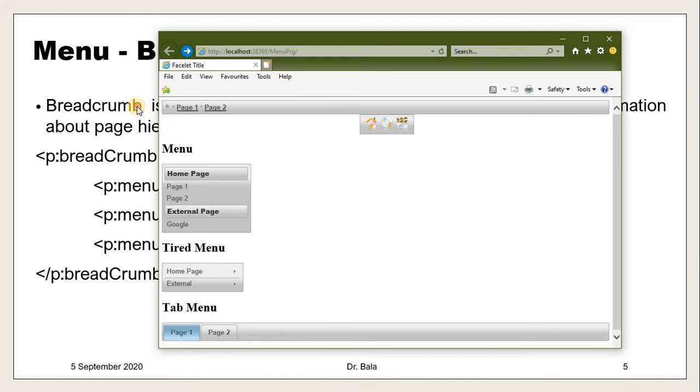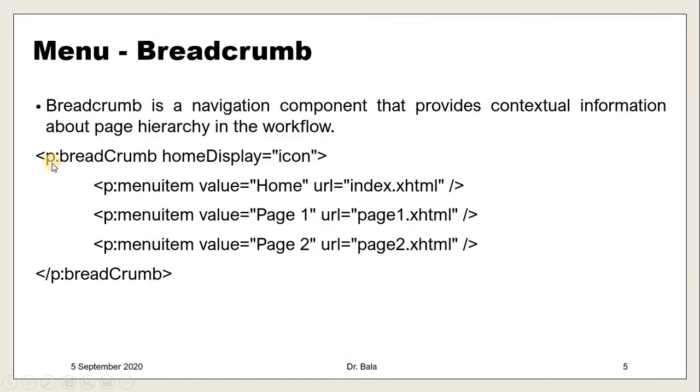What we are going to do is use the p tag, which is a PrimeFaces tag. We will call breadcrumb and say home page. Whatever icon you want to place as the home page icon, you can put here. And we make the menu item, p:menuitem value, we say home.